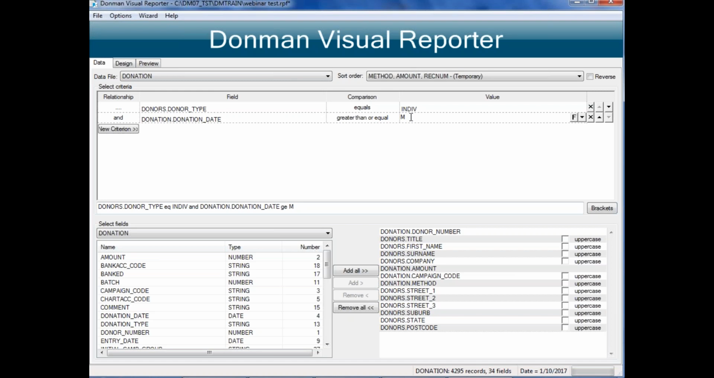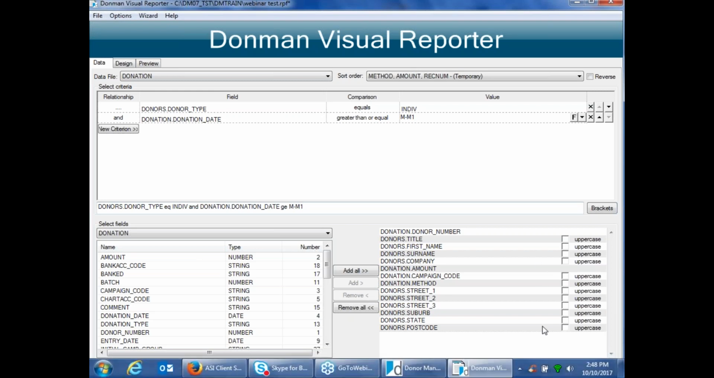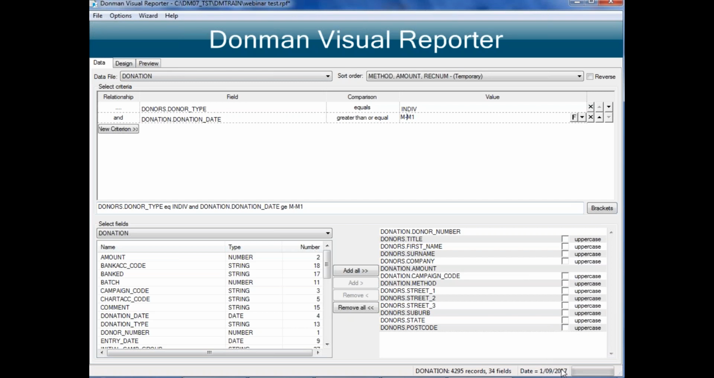But if I were to do something like M minus M1, if I do minus there, not shift, okay. So M minus M1, so you can now see down the bottom that that's changed that to be the 1st of the 9th, 2017. Whereas if I just do M, it's the 1st of the current month, which is the 1st of the 10th. So if I said I want everything for last month, but because I'm now already into the current month, I want to add some criteria, and I can now say and